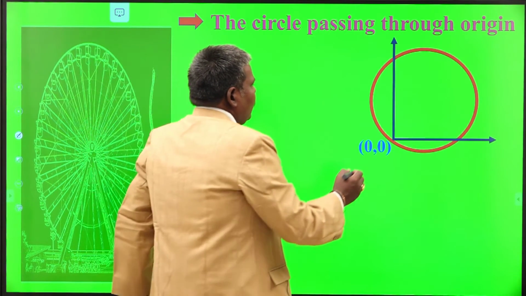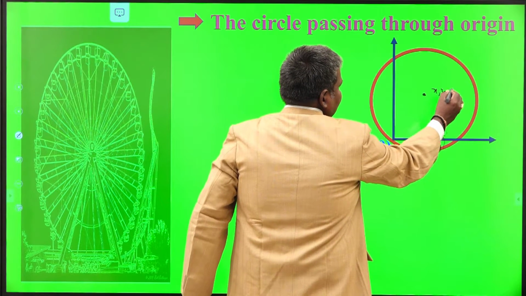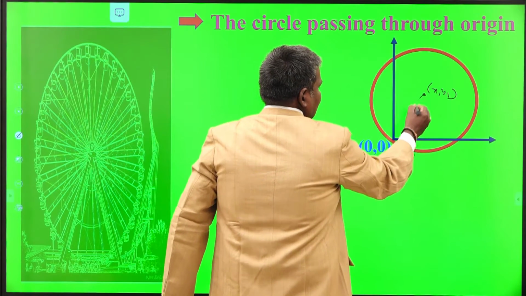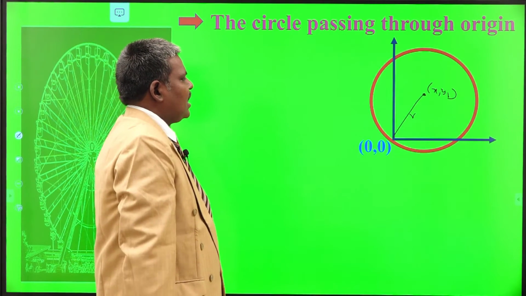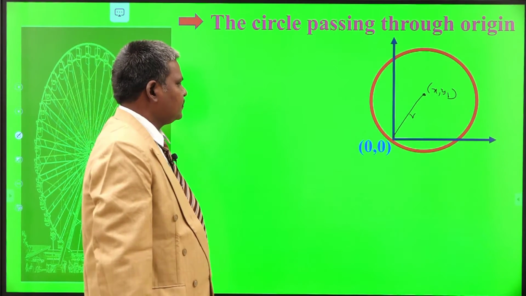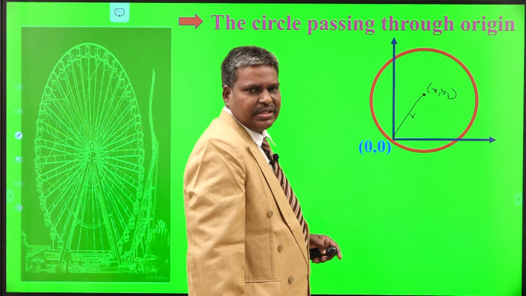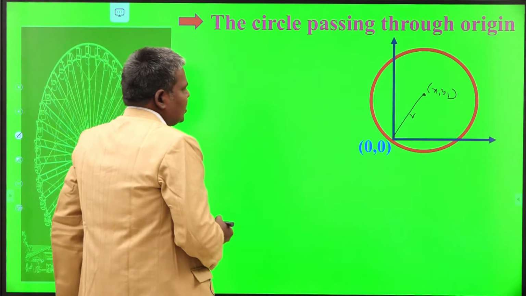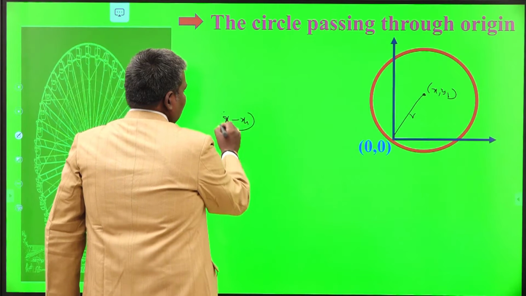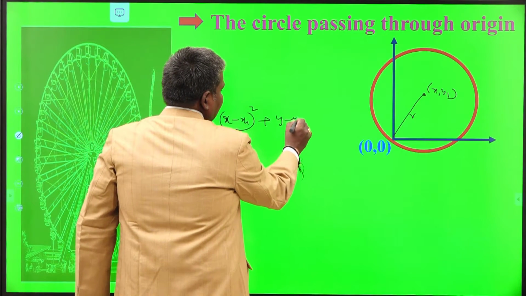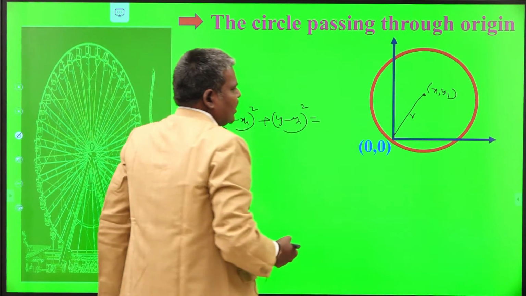Now I am taking (x1, y1) as the center of the circle having radius r units. This is r, and (x1, y1) is your center. Now the distance from here to here is r units. Can you write the equation of the circle or not? We can write it as (x minus x1) whole square plus (y minus y1) whole square is equal to r square. R square means the distance from here to here,